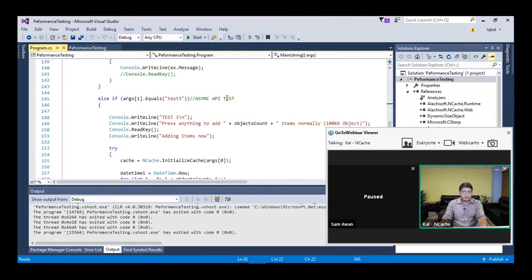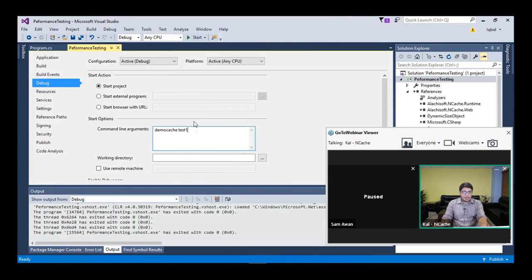Okay, this is test number 3 for async updates. Let's start it, and then we can look into the details of the code. As soon as I get control back, I'm going to open up the code file and show you what is going on in test number 3, that is for async updates.